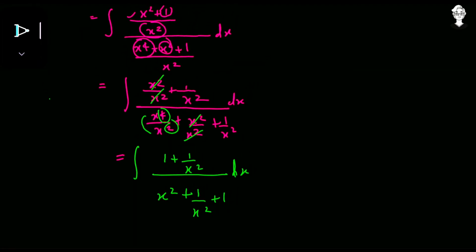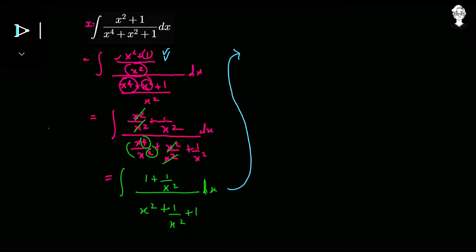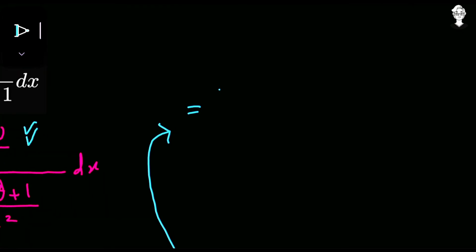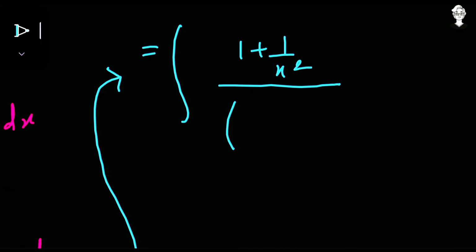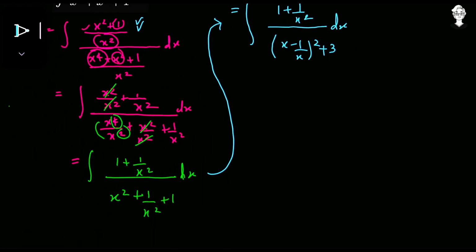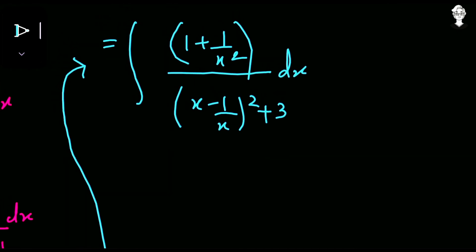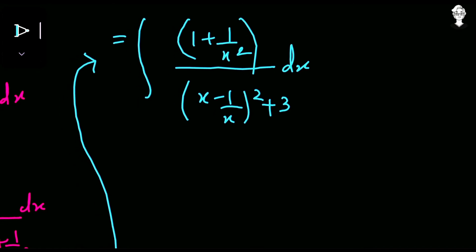Now we can say the most important steps are from here. The first step was to divide the numerator and denominator by x square. This is the important step. Now this is again an important step. Now look carefully. Integration of 1 plus 1 upon x square as it is, upon, first I will write and then I will explain, x minus 1 upon x, the whole square, plus 3, dx. Look over here. What I have done is kept the numerator as it is, 1 plus 1 upon x square, but you can see there's a slight change in the denominator. That is why this is called a perfect, or standard, integration, because these steps are fixed.